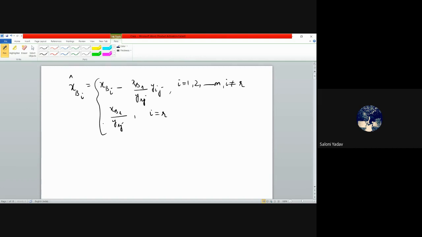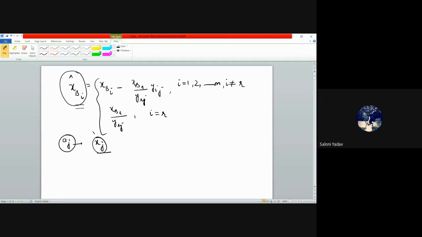Okay. Now, the purpose for doing this was that in a way, we have now defined a new set of bases, right? How did we do it? We have incorporated one more column in this B to define a new basis, AJ, right? And this AJ corresponds to which variable? XJ, definitely. Now, that means we have made one non-basic variable enter the basis. And as a result, we have defined a new set of bases, and we have a new set of variables now, which we are calling XBI caps. Okay, and they are defined like this.